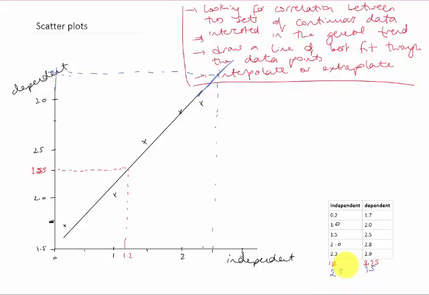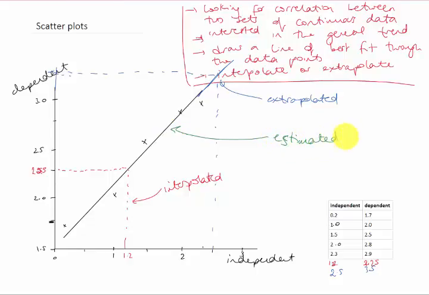That allows us to go further than our data, but you've got to be careful with that. So this is extrapolated. This is interpolated. And let's just label this up as, this line is the estimated line of best